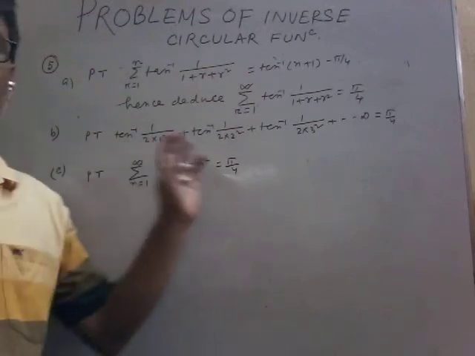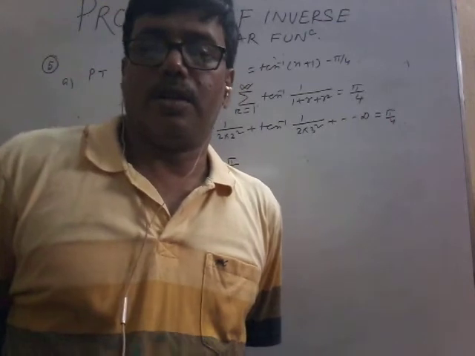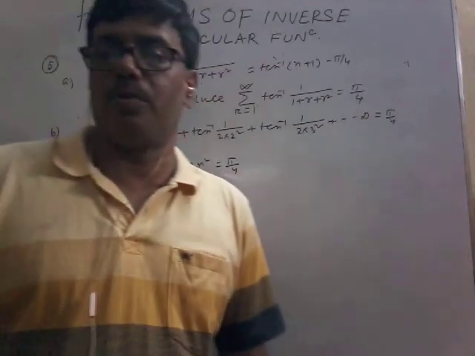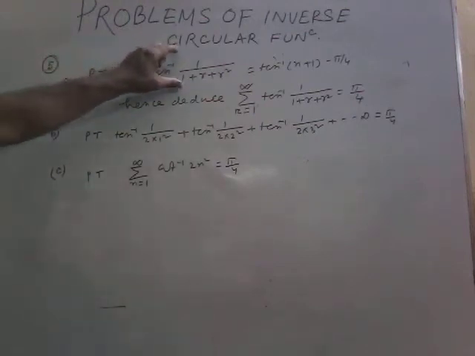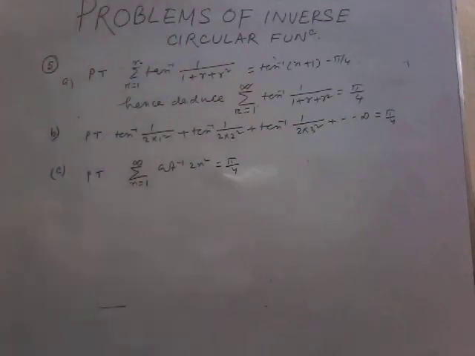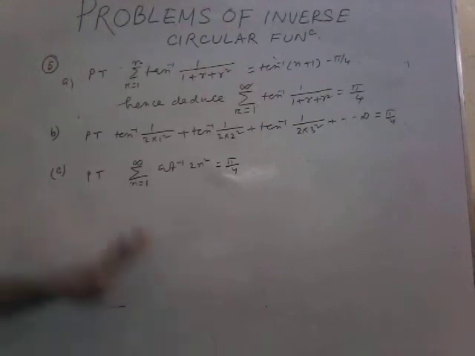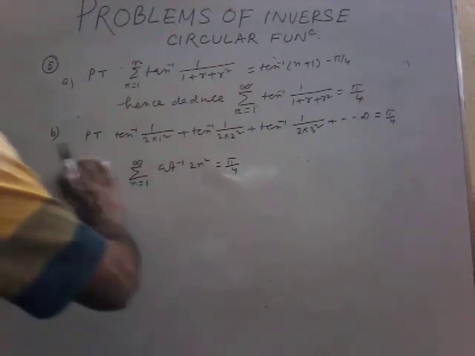So these are called summation of series, trigonometric series. So what is your main aim? Your main aim is to find Tn. For problem number 1, Tn is given. This is our Tn. Problem number 2, Tn is not given. Problem number 3, Tn is given. So you consider problem number 2, B.